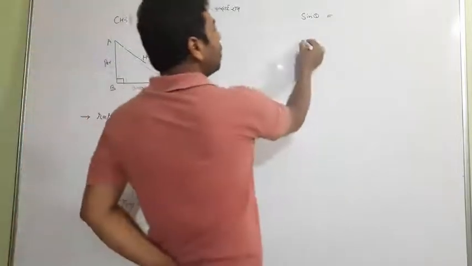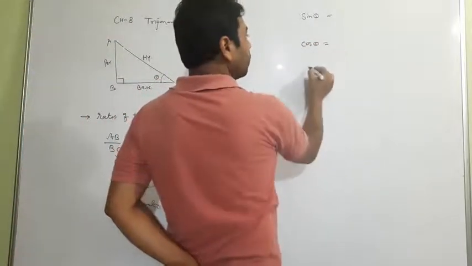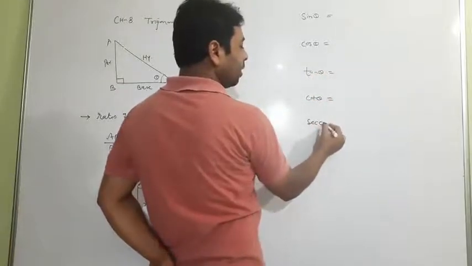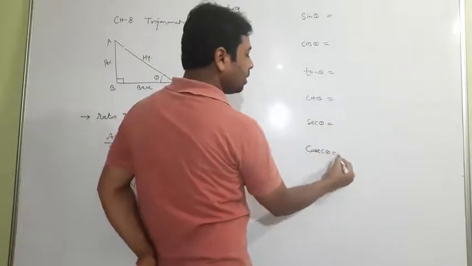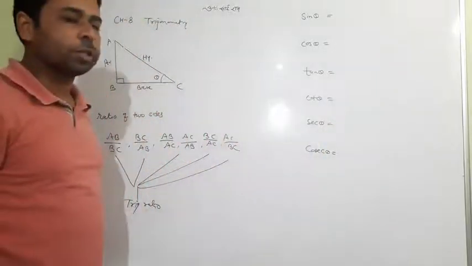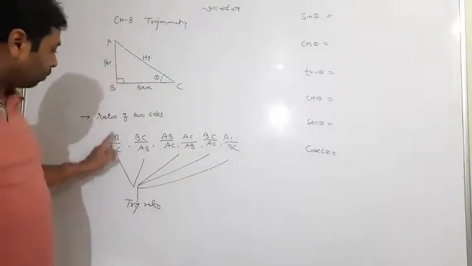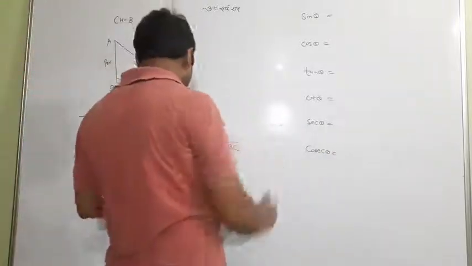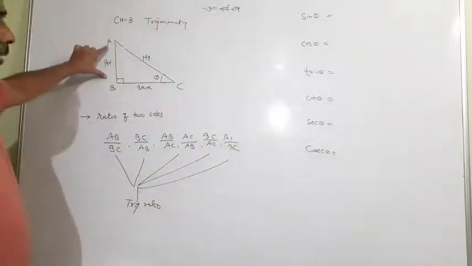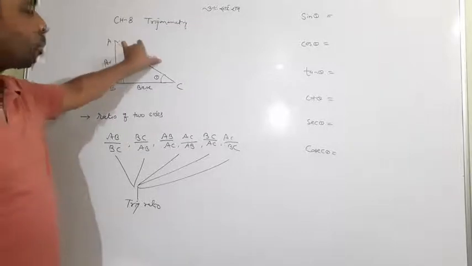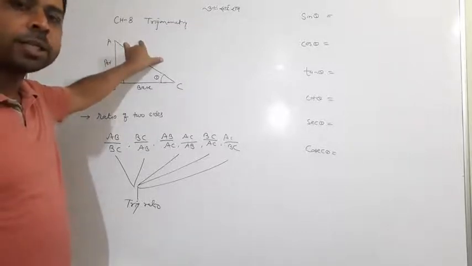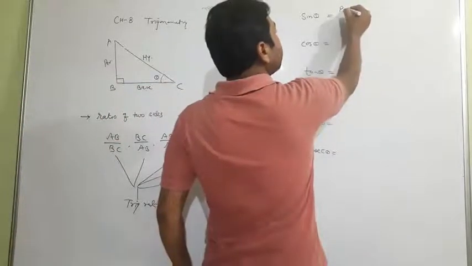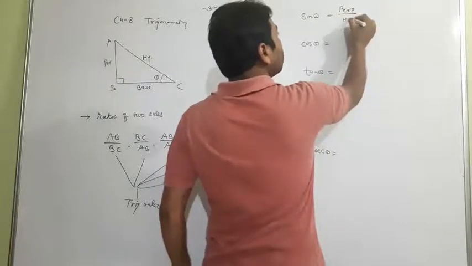So we have sine theta, cos theta, tan theta, cot theta, sec theta, and cosec theta. So these are the 6 trigonometric ratios you can see. Now I have told you here that all these ratios are actually this. So one by one I will say that sine theta is one of them. Its complete meaning is perpendicular upon hypotenuse. These are standard, so remember them as they are. Perpendicular upon hypotenuse. So sine theta is perpendicular upon hypotenuse.